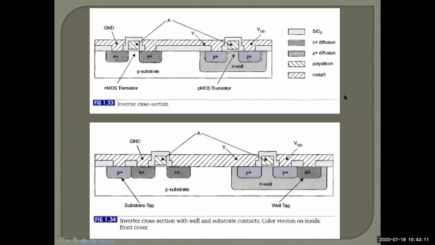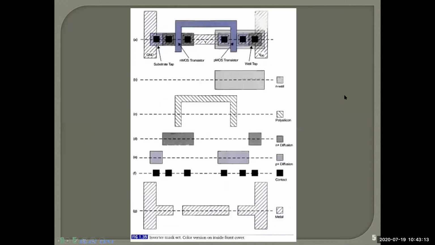Okay. So after making this mask layout, what will you do? You will give the mask layout to the engineer. They will separate the layers: metal layer, polysilicon layer, N-well layer, and so on. They will first take the N-well layer. Then they will go for the polysilicon layer, then the N diffusion layer, then the P diffusion layer. Then the contact layer. Then at last they will go for the metal layer. So they will separate the mask layout into layers.